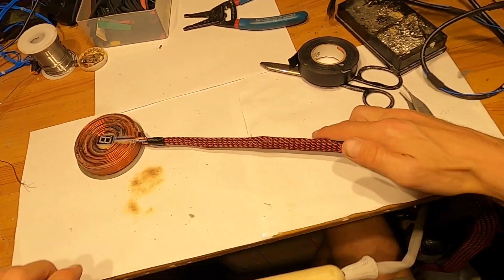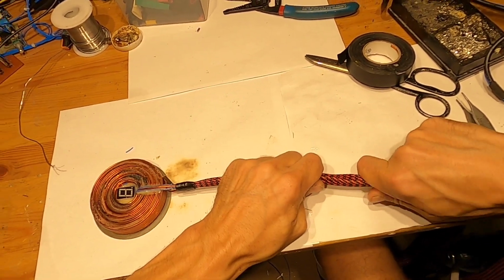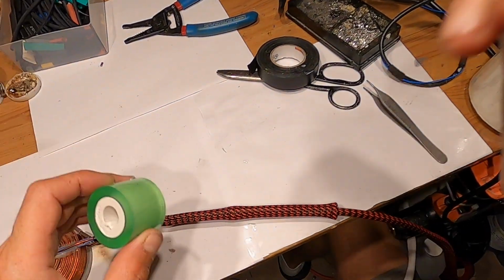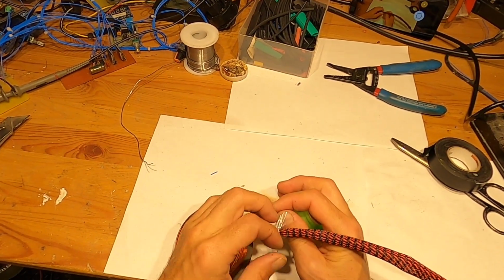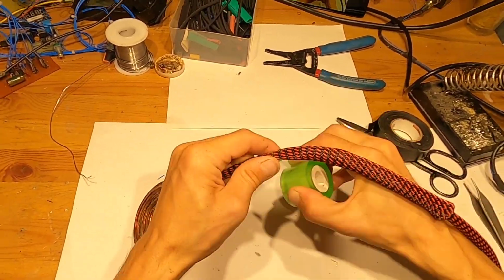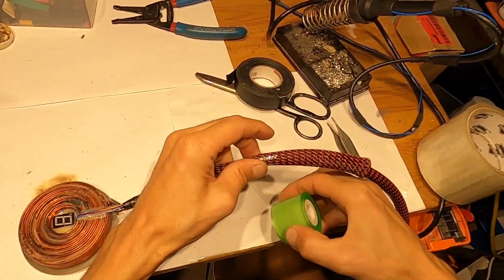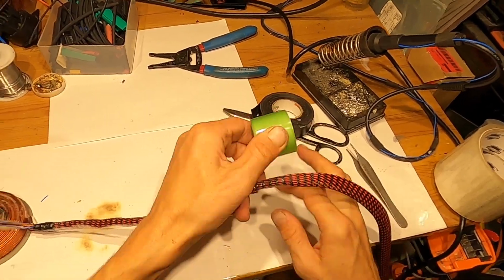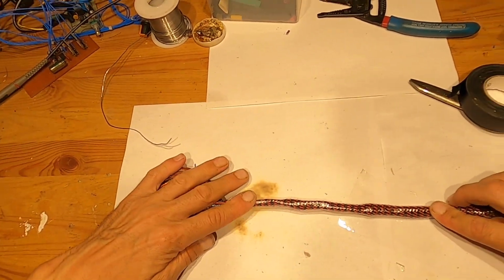Alright, so the next thing I will do is I will use a shrink wrap, and I'll shrink wrap it all the way from here to here. Okay, so once that is done,